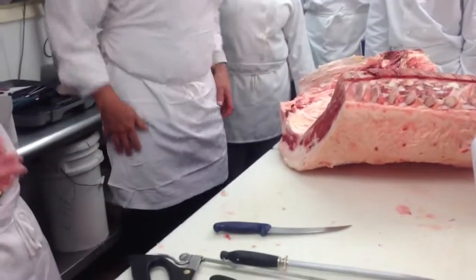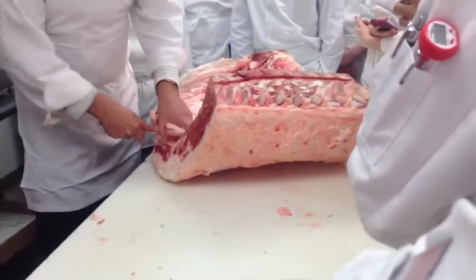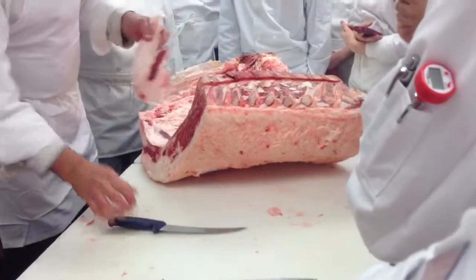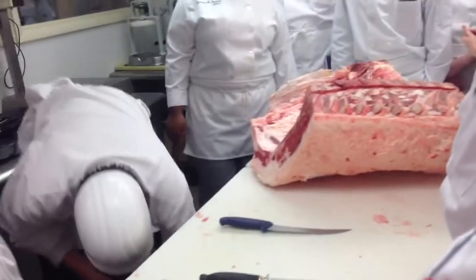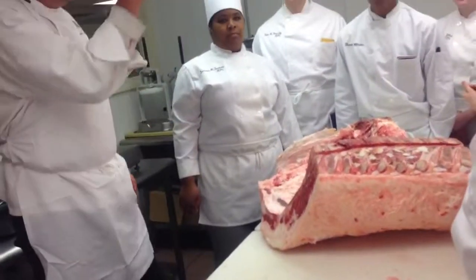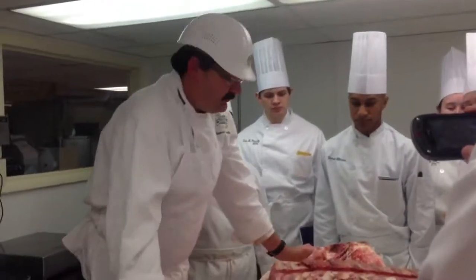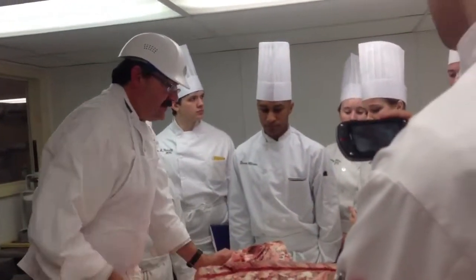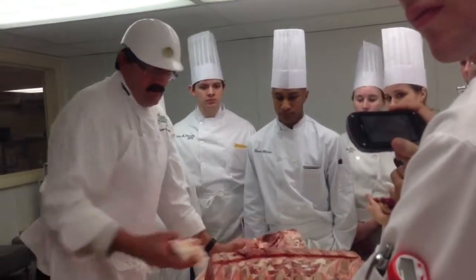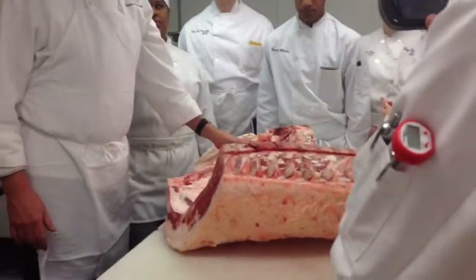Usable trim. Do we have any sheet trays? Yes. All right, never mind. I'll just pile it on the table. Oh, you know what else I need? I need a big cardboard box. Grab a cardboard box from back behind the cooler. Charlie, you know where the cardboard boxes are back there? Well, it's usable trim that